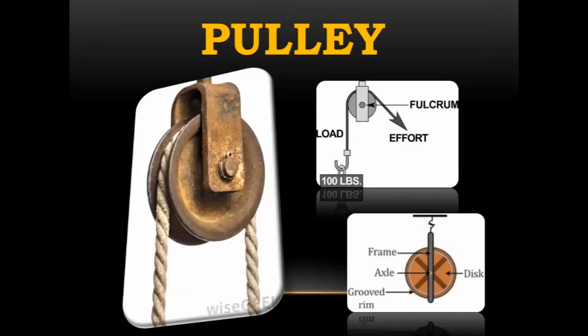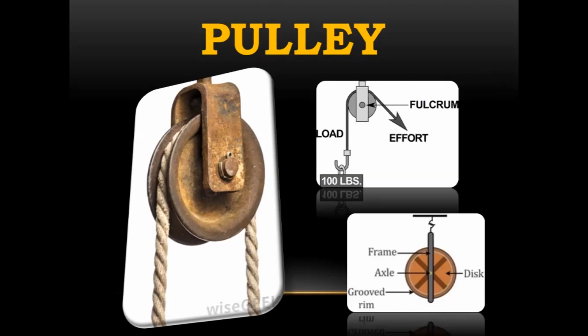Okay, moving on to the second half of the chapter. In the previous lesson, the first half, we learned about machines and we learned about one of the simple machines, that is levers. Now we are going to move on to the next type of simple machine, that is pulley. You are all very familiar with pulley. I'm sure everyone would have seen it live. If not, just think of the flagpole that we have in our school. That flagpole has a pulley with the help of which we raise or hoist the flag.